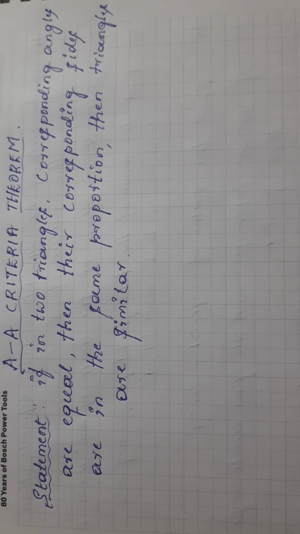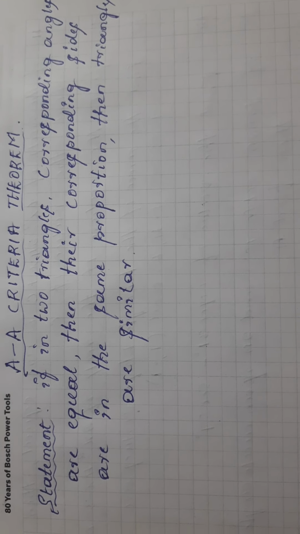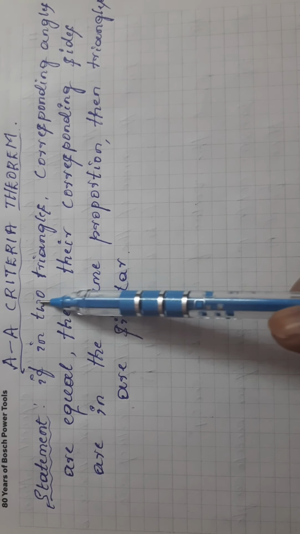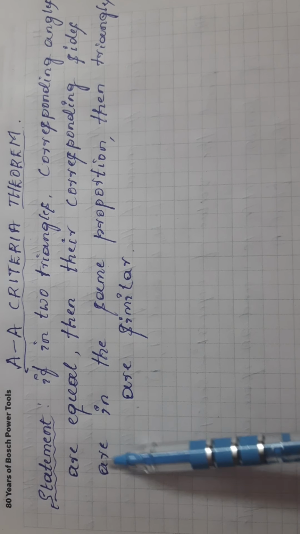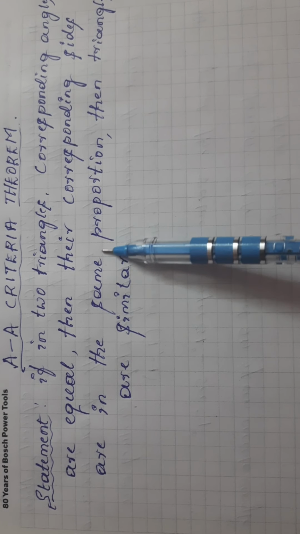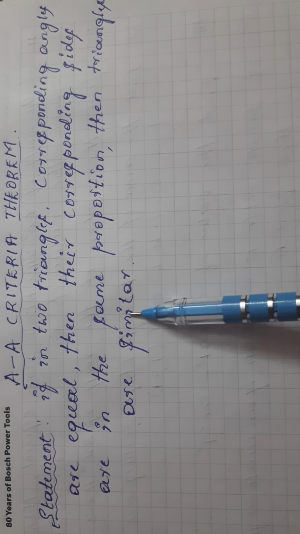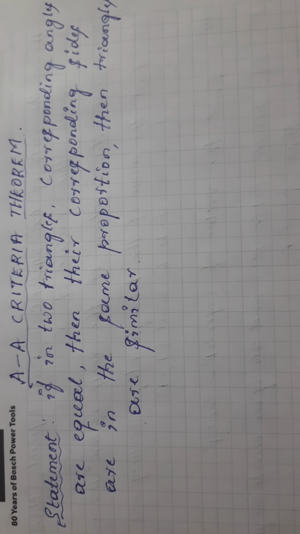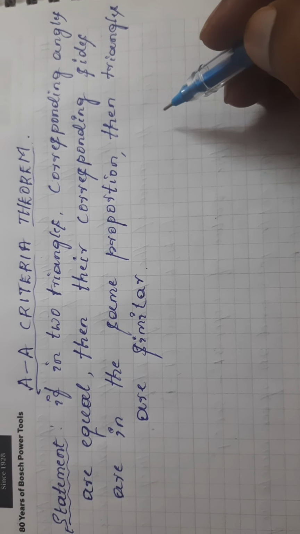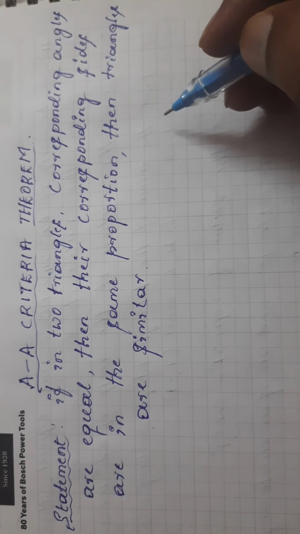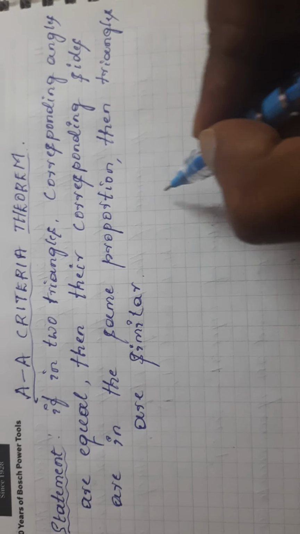It says that if in two triangles corresponding angles are equal, then their corresponding sides are in the same proportion, and the triangles are similar. That means the basics related to this theorem: we all know what similar triangles are. Similar triangles means